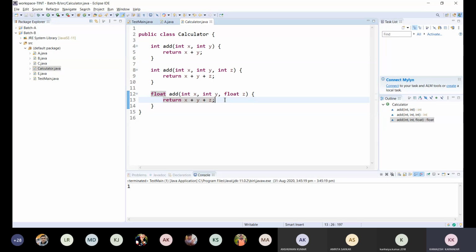A class may have multiple methods having the same name, but their signature should be different. So signature means number of parameters and their data types. And they should be non-conflicting. So this is method overloading. Now in case of a class, we may overload the constructor.